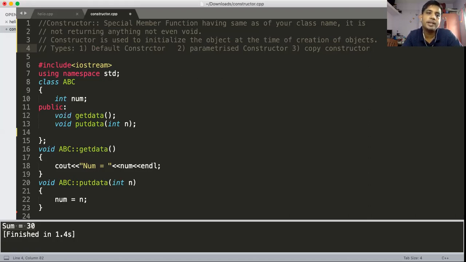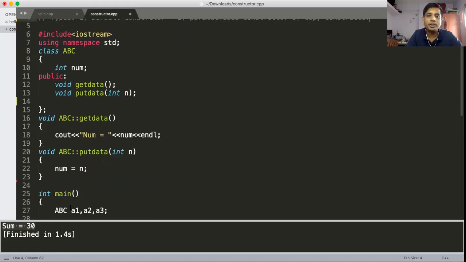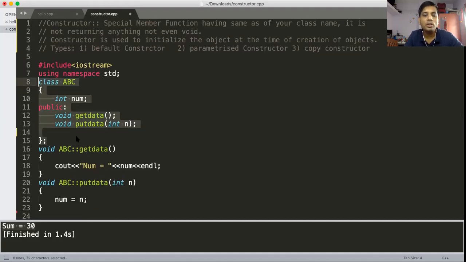Default constructor means here you have created objects A1, A2, A3, but you have not written any constructor. If you are not writing any constructor, then the compiler will provide a constructor to that class, and that constructor is called the default constructor.